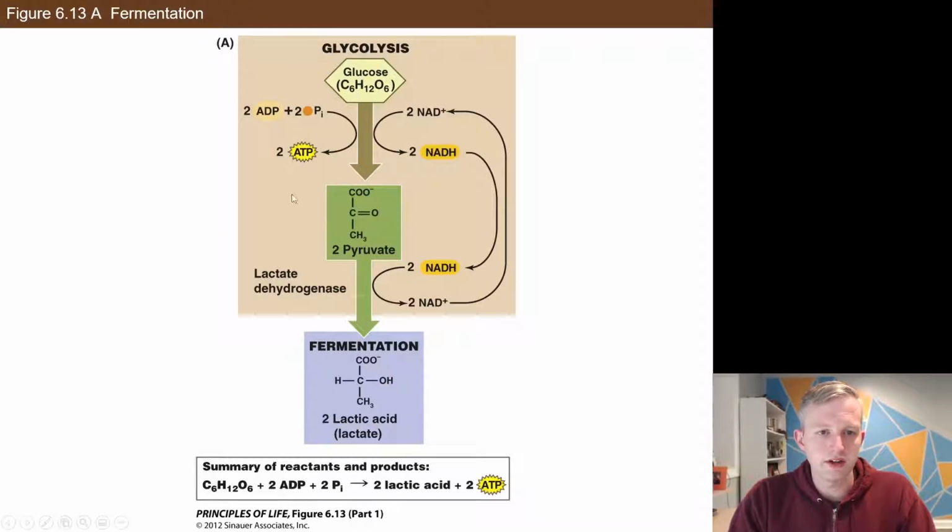And so here you can see a diagram of this where, okay, we take glucose, we make pyruvate, we don't have anywhere to send pyruvate because the Krebs cycle is not working, our mitochondria are shut down or gone or working as hard as they can. And so now we need to basically restore our ability to do glycolysis. So to do that, we get rid of the pyruvate. And in doing so, we basically burn some of the energy from the NADH, and we send back the NAD plus so we can keep doing this.